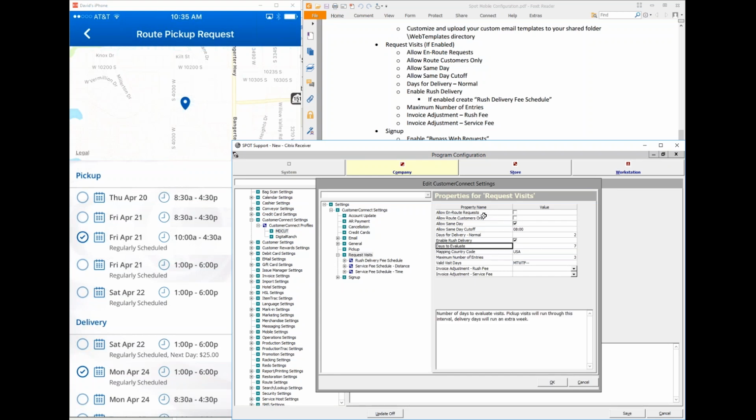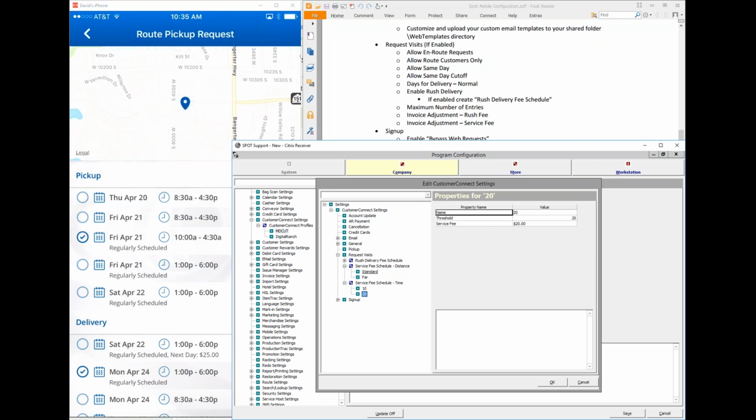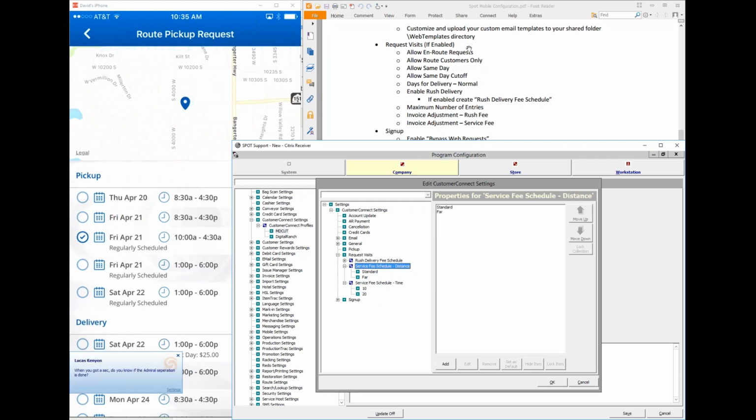Okay, let's talk about our service fee schedule in terms of distance and time. This is not actually supported yet, but we will talk about the theory behind it. Basically, the idea is if I have an en route driver who has left the store, he's out driving the route, and I have a customer who requests a visit, but we are,